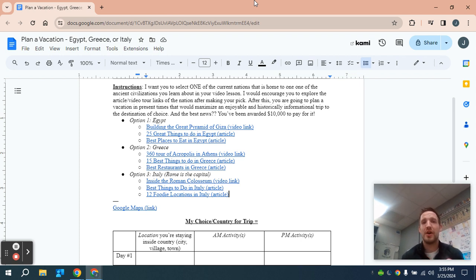But I could understand that if you looked at it just at a glance, you might be like, this is too much. I can't do this. I've never planned a vacation before. And I kind of want to explain that this is not maybe as difficult as it would look at first. So, as the instructions say, and this is the biggest thing to make the links feel like they're a lot less,